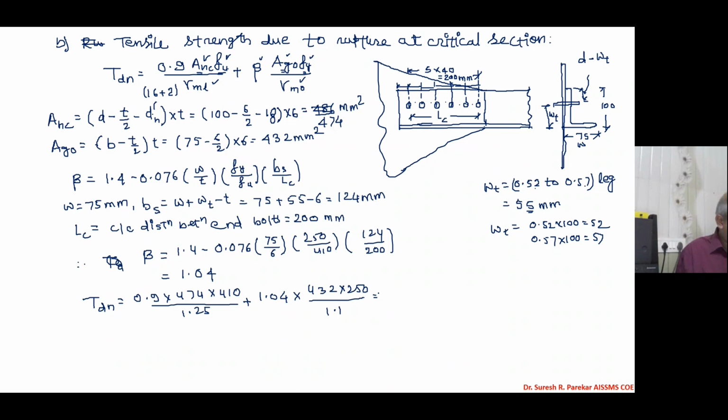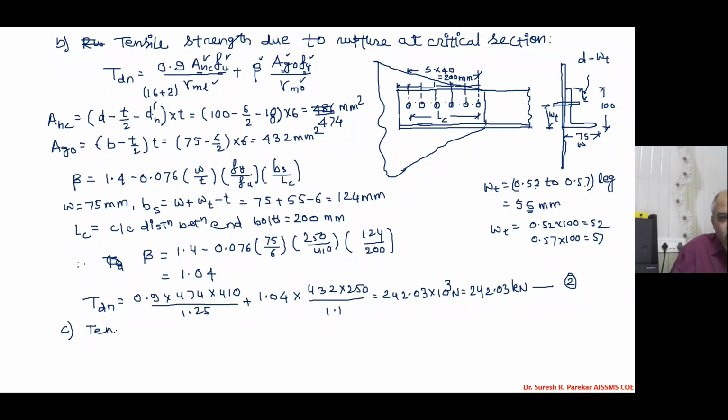It comes 242.03 into 10 raised to 3 Newton, equal to 242.03 kilonewtons. This is B part, so we will give it as number 2. And then we have C, which will be